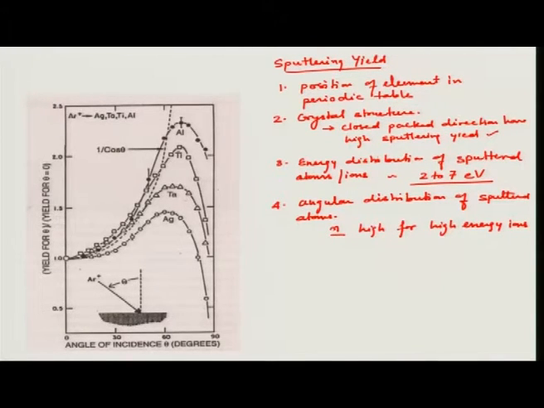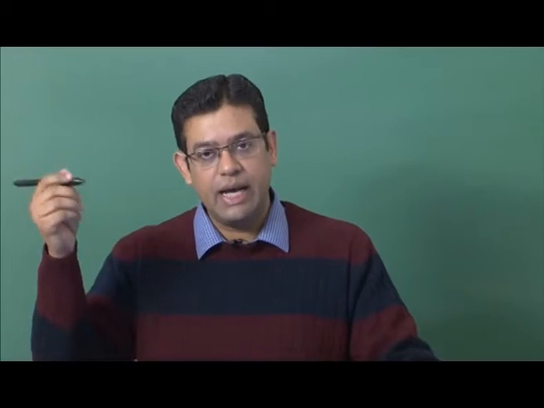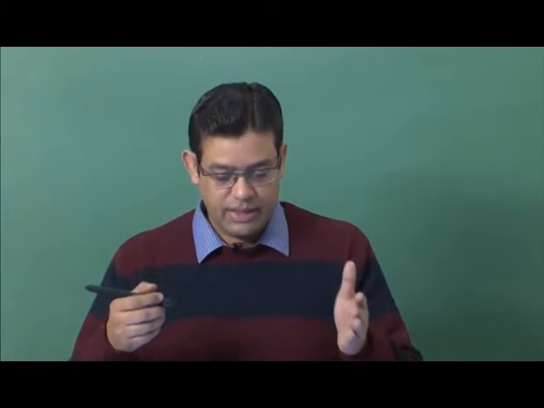Okay, and n is the directionality, and n will be low for low energy ions. So the energy of the ions will also define how spread out these atoms and ions coming out of the target will be. Another important parameter is the incident angle of ions. At what angle are these energetic ions approaching the surface?